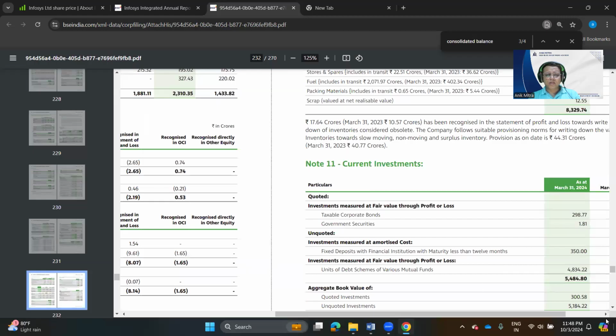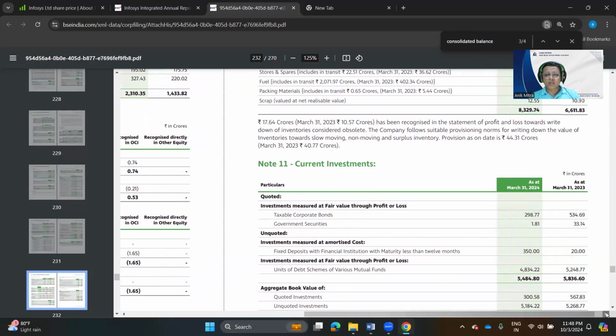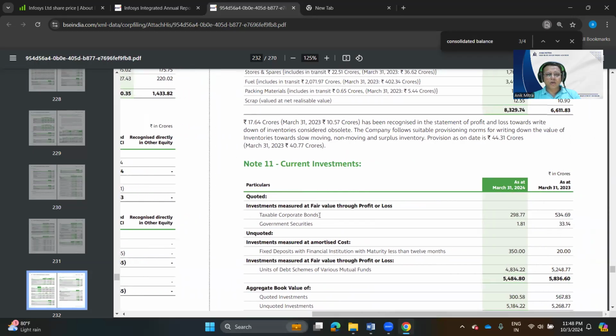Current investment, just have a look. I was referring which is less than 1 year. See corporate bonds, taxable corporate bonds, government securities. I was referring T-bills, right? 91 days T-bills. So it could be government securities. Those are all government securities. So they have invested 1.81 crore there. Taxable corporate bonds, they have invested